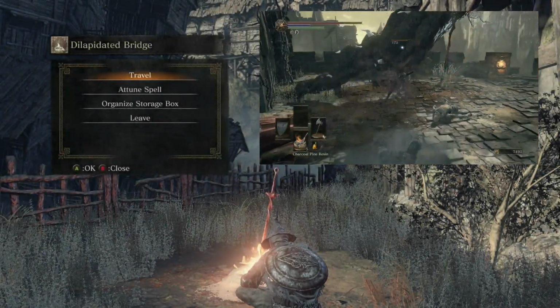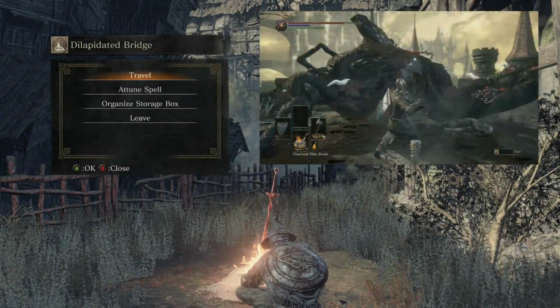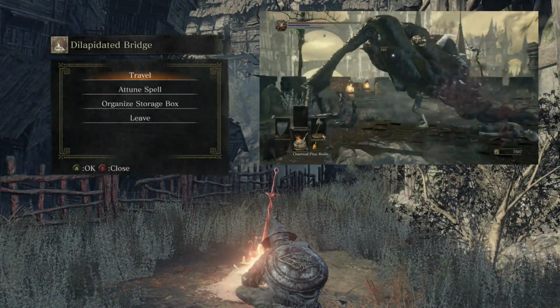Here's the problem here. With the Pus of Man, it gets you an extra 470 souls by killing all the enemies around him. Whoopsie daisy. Without it,